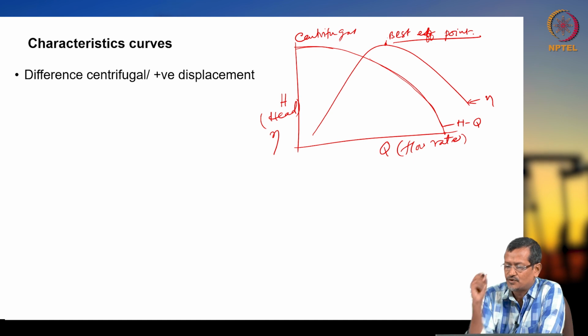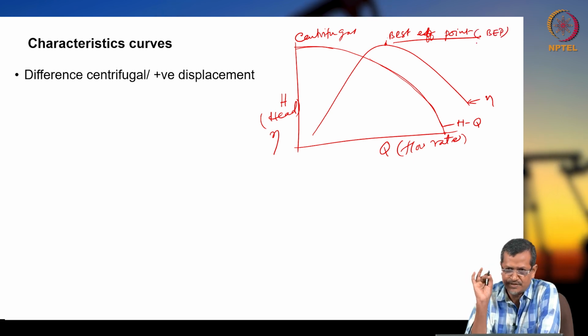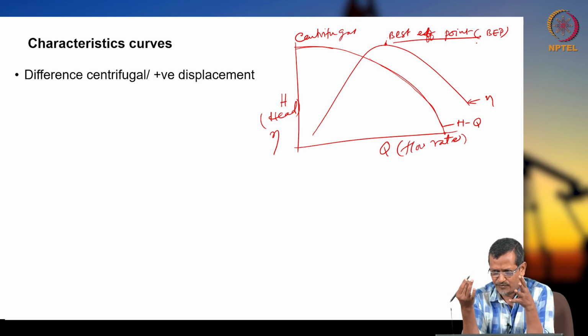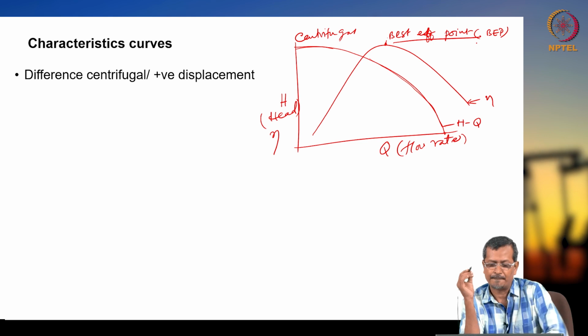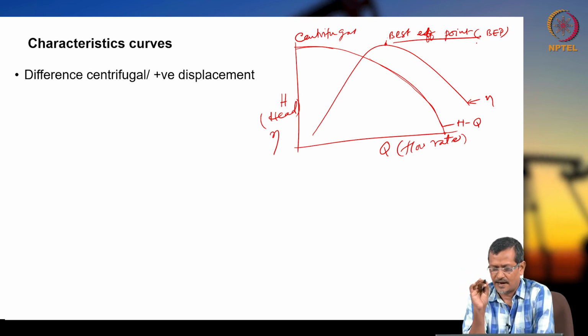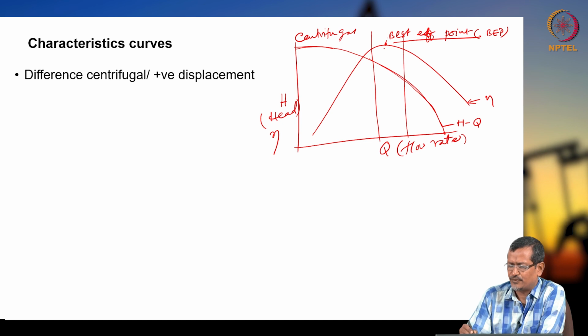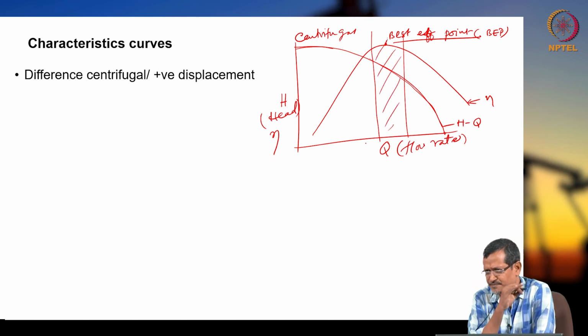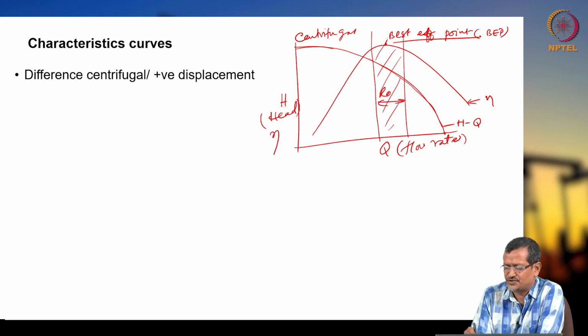Okay, so best efficiency point, or BEP. Best efficiency point means you are getting a very high amount of head while using a low amount of energy. Your target should be to run the pump at BEP, but running exactly at BEP is difficult. So normally the company says you should run within a certain range, maybe plus or minus 20% maximum. This is called the range of operation,